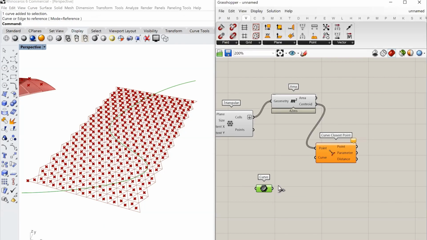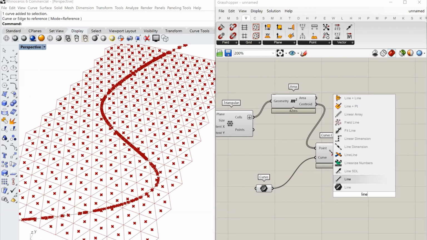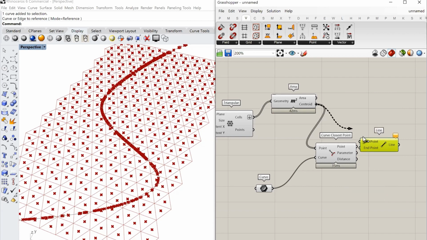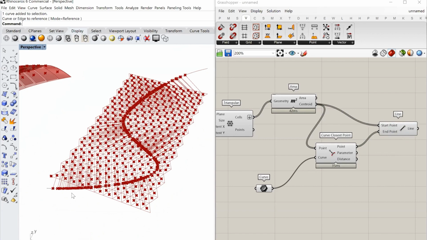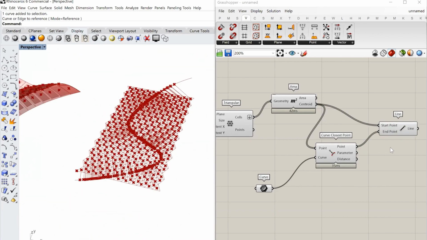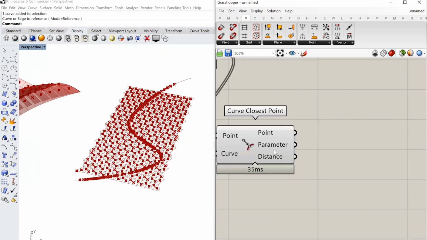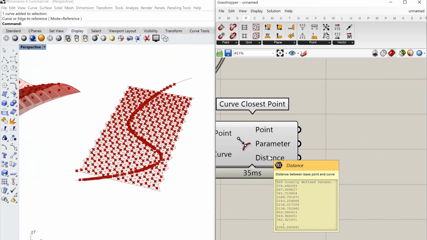Curve here. So I have all of these points projected on the curve. If I do a line segment, just to see from centroid to the closest point, this is what I get. It will be a perpendicular onto the curve. And rest everything is very much the same. It gives me the point, it gives me the distance, which is all what I need.